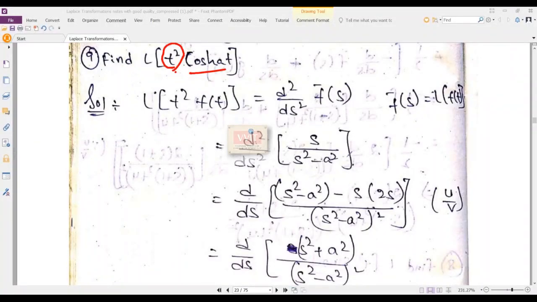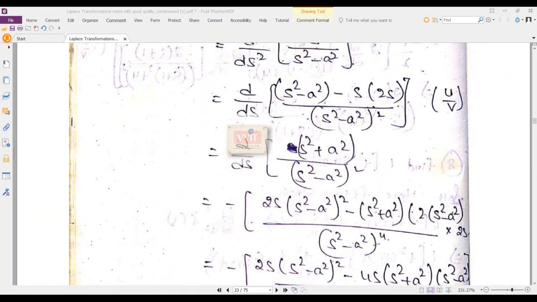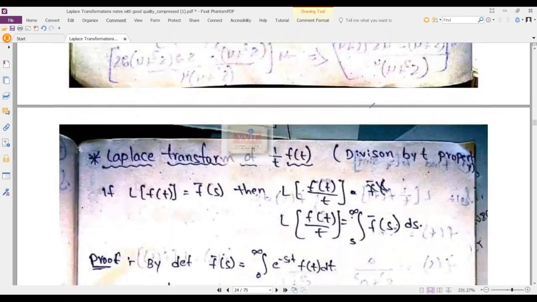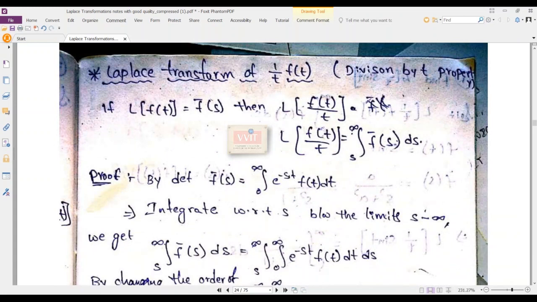So both the methods here: what he considered is f of t taken as a cos hat in this. Anyhow, I have explained both here. And till now we handled multiplication with t. If the same is instead a division, what may have happened? That one we are going to handle now.